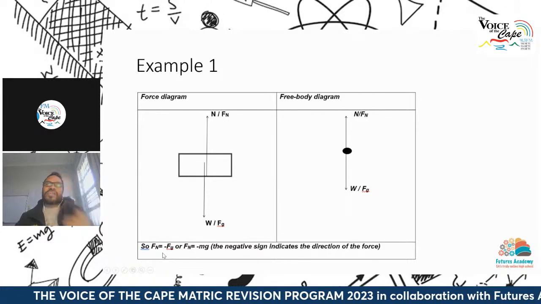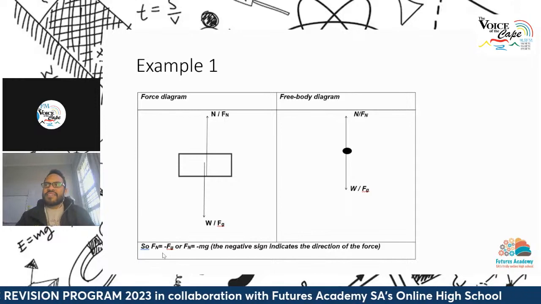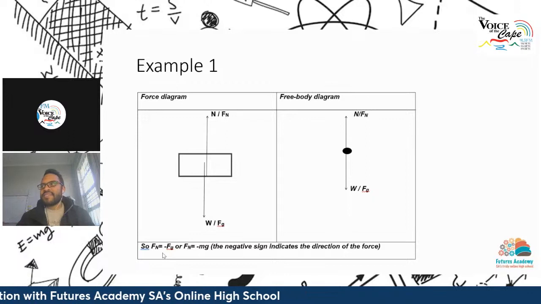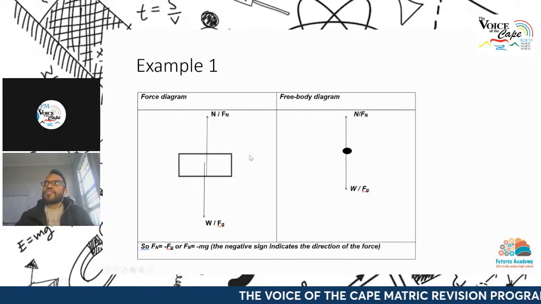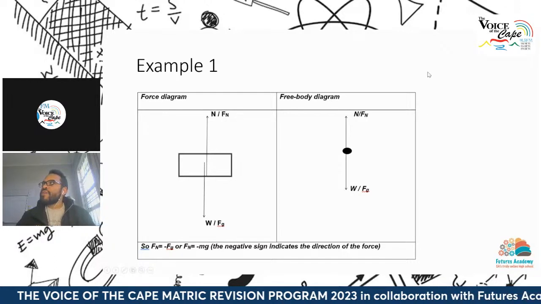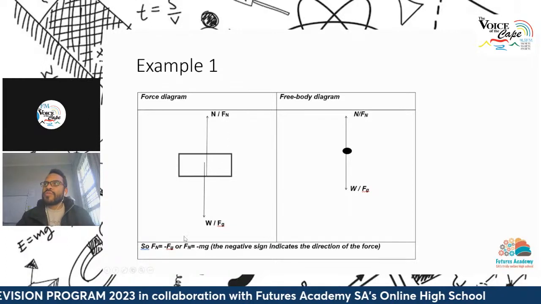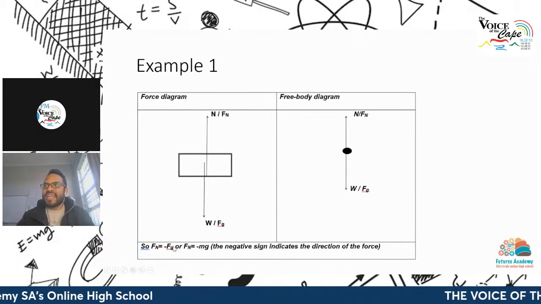Now, when working with forces, because forces are vectors, we know that in the physical sciences calculations, we indicate direction using positive and negative signs. Hence, we see over here, the normal force is equal to negative Fg. So if, for example, you start this question and you say that I'm going to take upward as positive, then I'm going to say, okay, Fn is equal to negative Fg, right? Now, Fg is a downward force, hence it is negative.